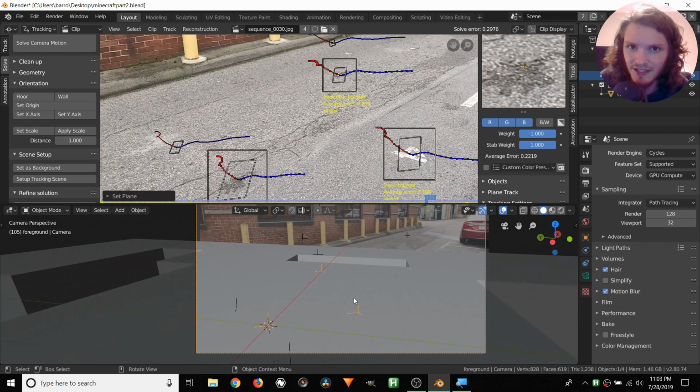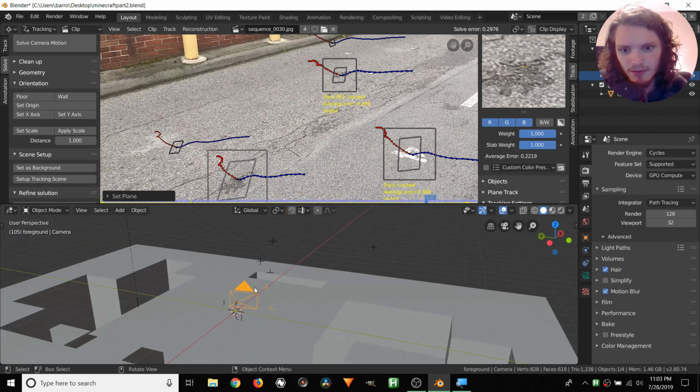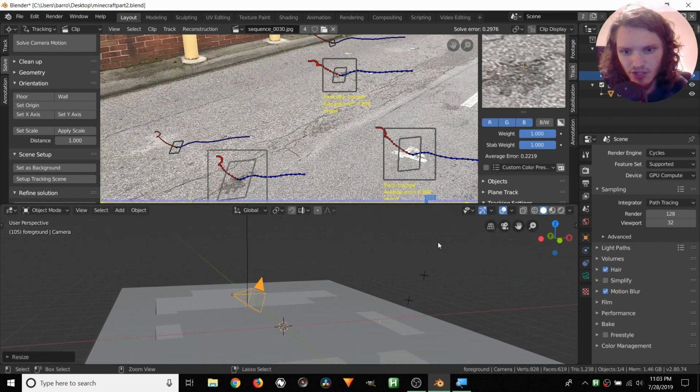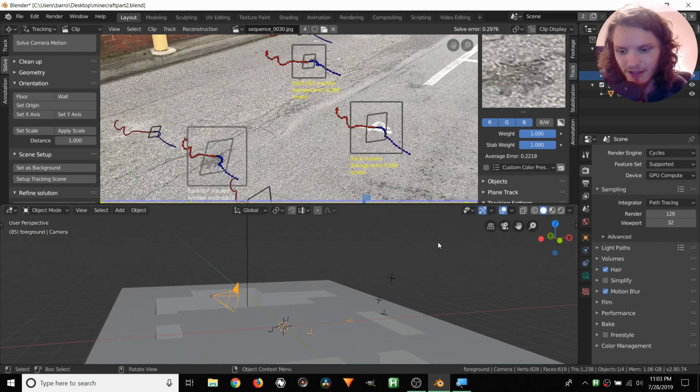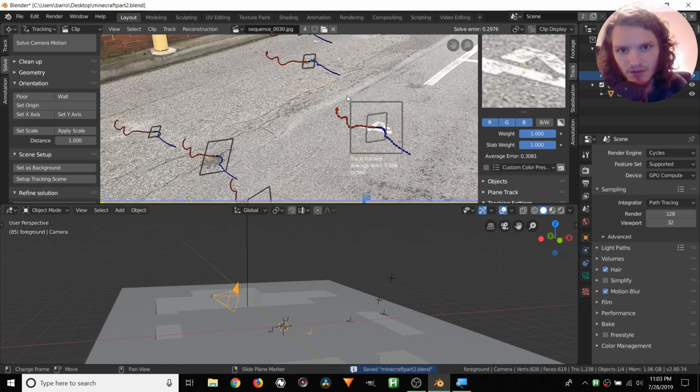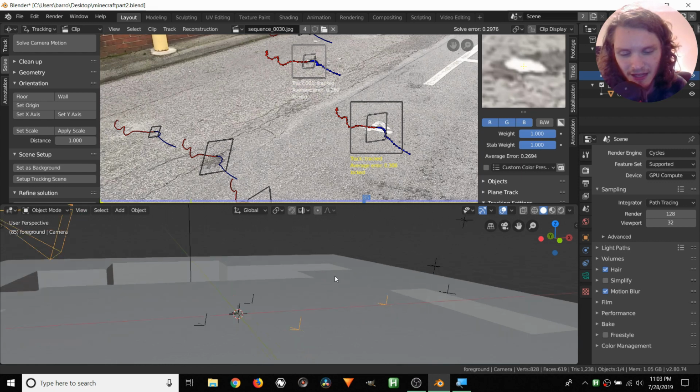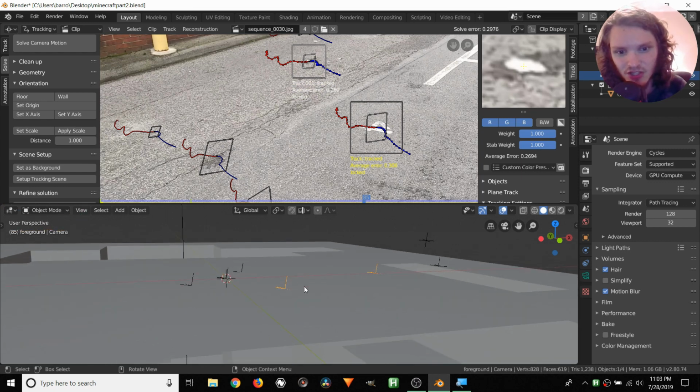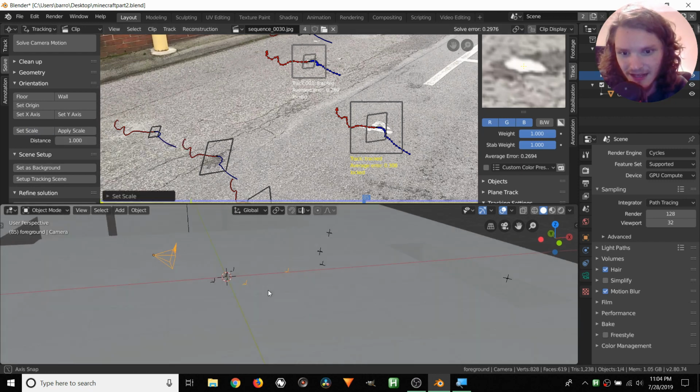So now we have this thing looking at the floor, but we don't know how big that floor is in some sense. We can either scale up our camera, which is kind of hard because you have to move it back into place. Or what you can do is select 2 trackers, let's say these 2, and say what is the distance between these 2. Again, we're talking about the distance between these 2 in 3D. So we're just saying these 2 correspond to these 2 empties, and we want to set a distance. For example, if we want them to be 1 unit, you hit set scale, and now they're 1 unit apart.